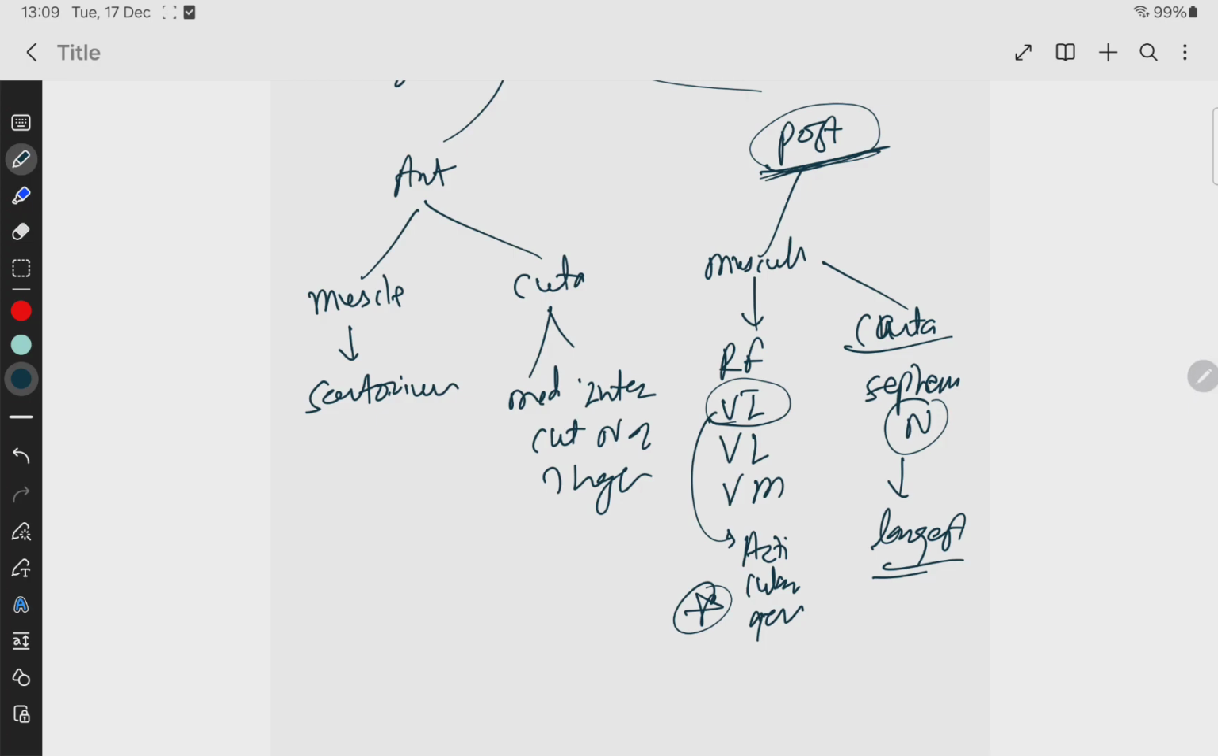The femoral nerve also gives branches to the joints, the knee and the hip joint. Okay, so